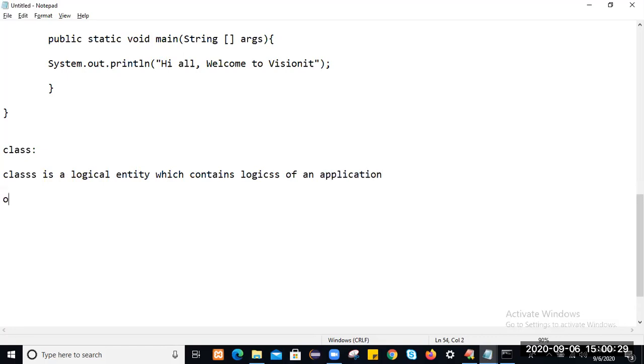Or we will define class like this also: class is a factory which generates multiple objects.